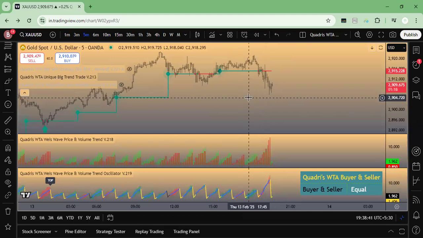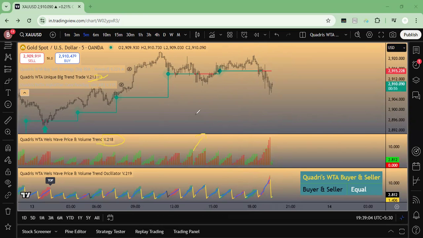So coming back, the intention of today's video is simple: to get you acquainted with whatever trades we have got based on 213. This 218, I haven't made any video on this one. This is an outcome of a request by many traders, because they want to see if there is buy volume and sell volume, which one is superseding, which one has more control over the price action at this